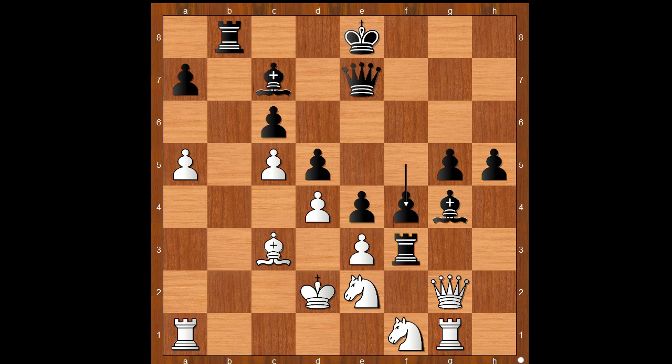If e takes on f4, then e3, check. And after king to e1, pawn takes pawn on f4. And black is winning in this variation too. Back to our game. After f4, we have rook to h1,